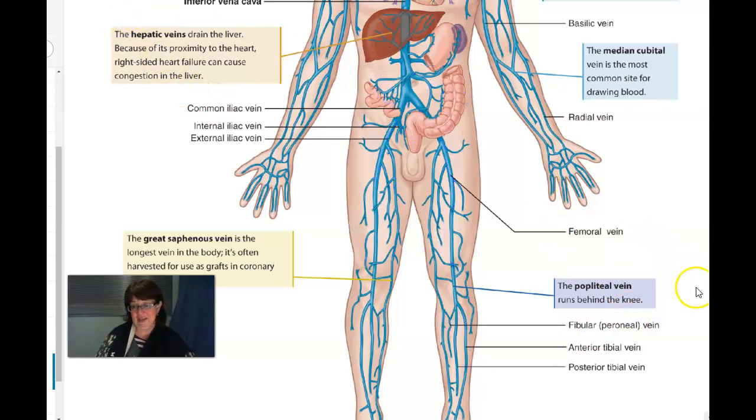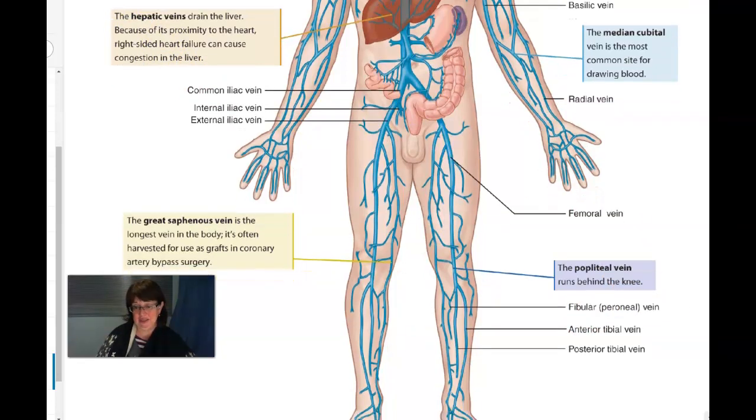One vessel doesn't make any sense because it has a different name. Well, saph means vessel. So the great saphenous vein is the one that comes off here and goes superficial down the leg. And this is the one that usually causes the problems with varicose veins. And it is also the longest vein, and it's easy to harvest if you need a blood vessel somewhere else,